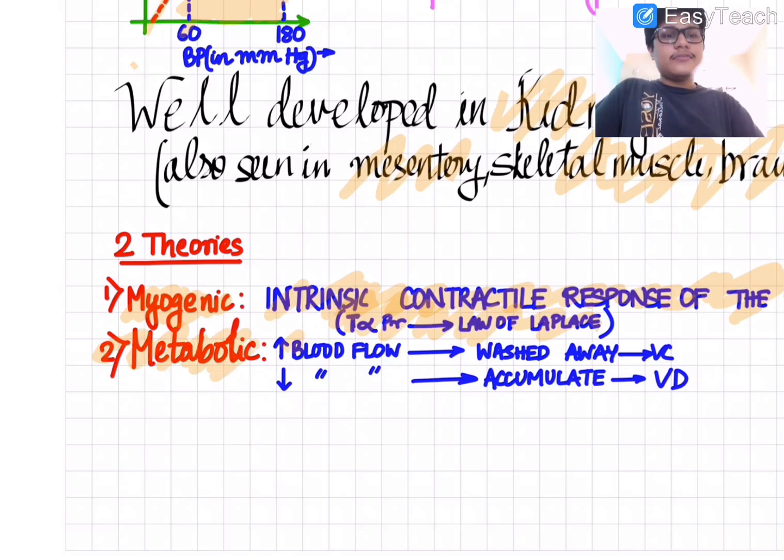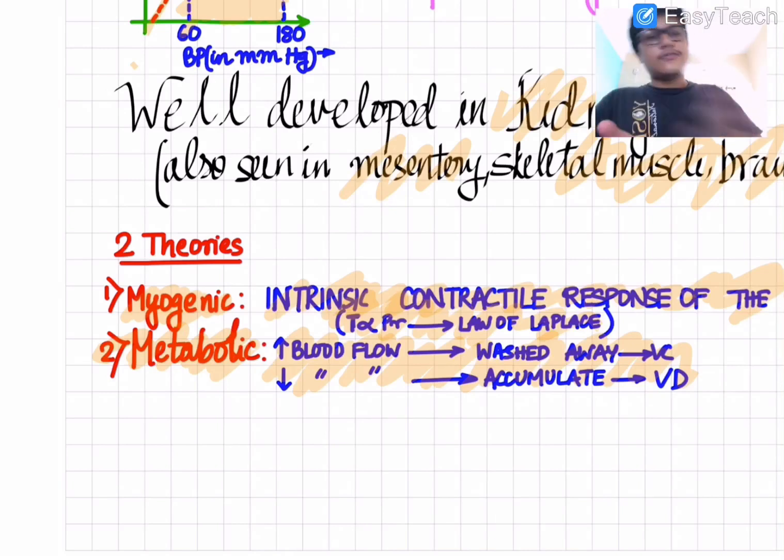that is, the intrinsic activity of the vascular smooth muscles generates certain metabolites. Now, what happens is that these metabolites are essentially vasodilatory in action. So when there is increased blood flow, these metabolites are washed away fast, and hence due to the absence of these vasodilatory metabolites, the arteries will constrict and the blood flow will be restored or normalized. When there is a decrease in blood flow, there is stasis, and these vasodilatory metabolites will start accumulating, and this will cause vasodilatation to restore the blood flow. I hope you are clear with this concept.